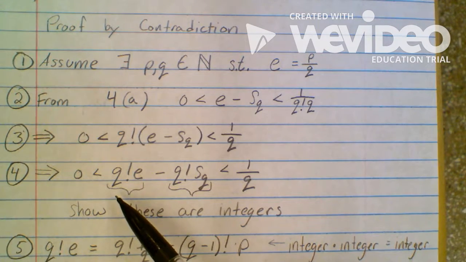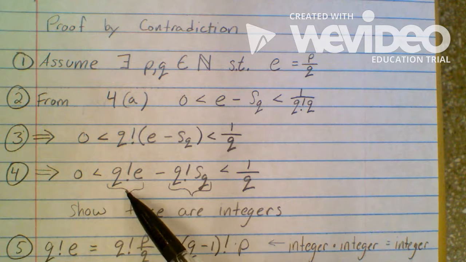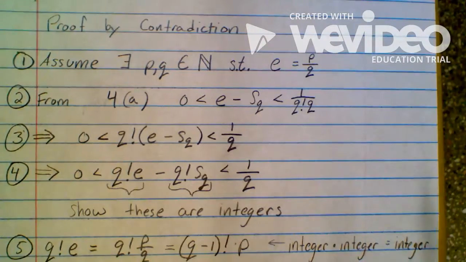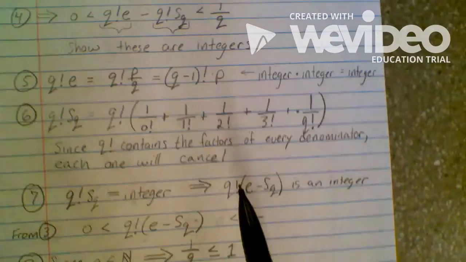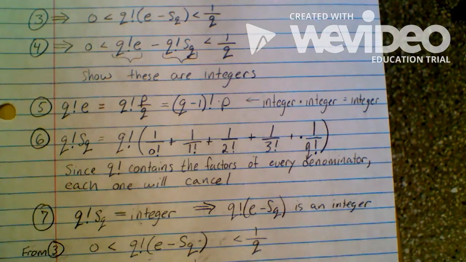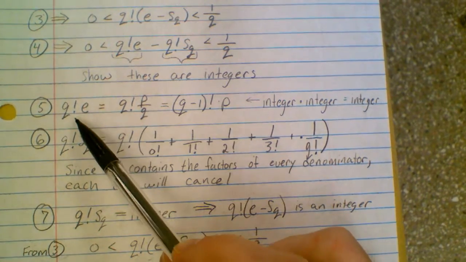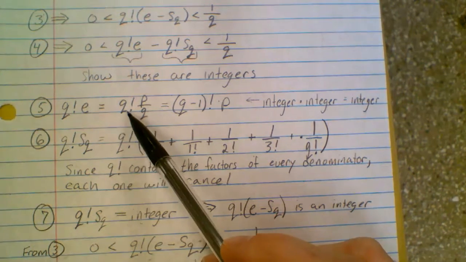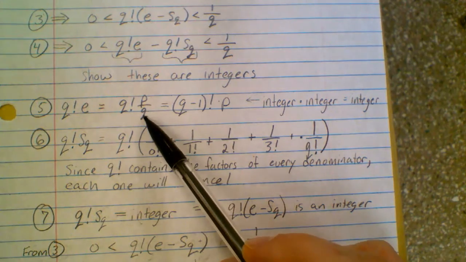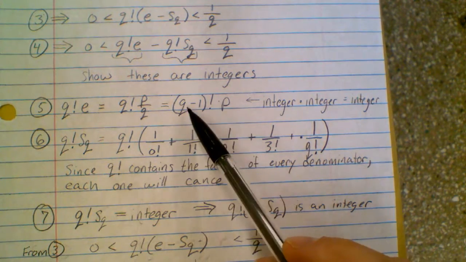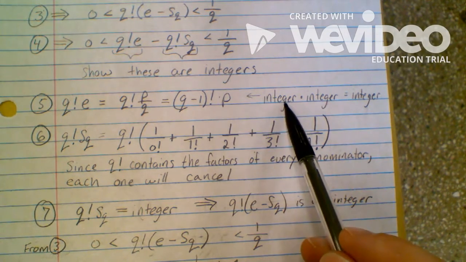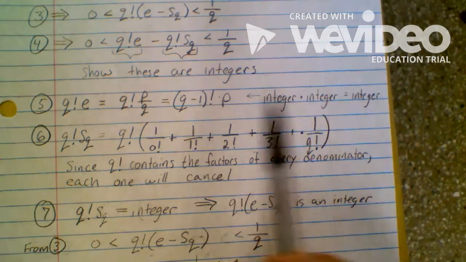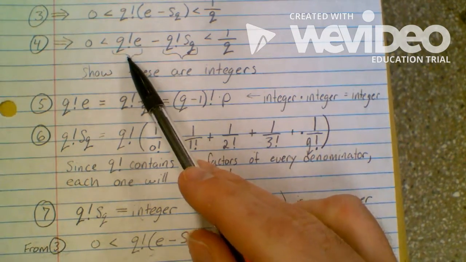So what we want to do is we want to show that these two terms here are integers, right? So the first thing we'll do is show that q factorial times e is an integer, right? And we see that q factorial times p over q is equal to p times q minus 1 factorial, right? And an integer times an integer is an integer, so therefore this first term up here is an integer,